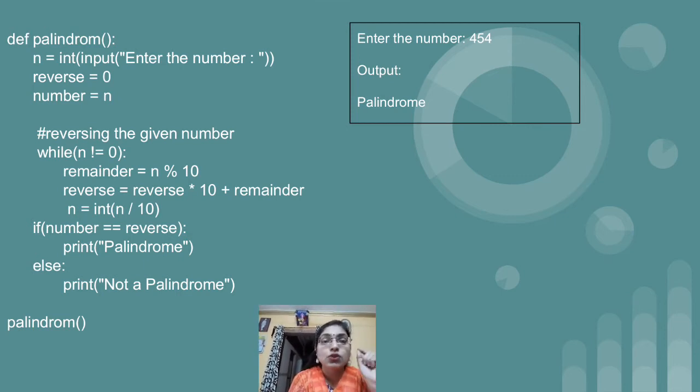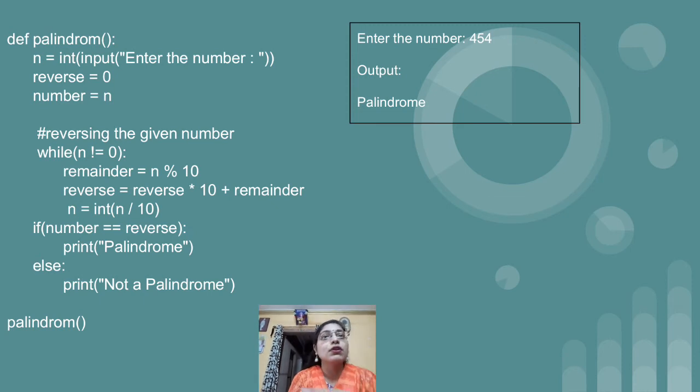So we have already done the reverse number program. In that program only we have to add this if else, that is we will compare the original entered number and the reverse number which we have calculated. If both the numbers are the same, then we will display that the particular number is palindrome, otherwise not a palindrome.